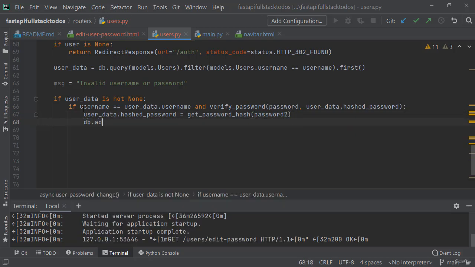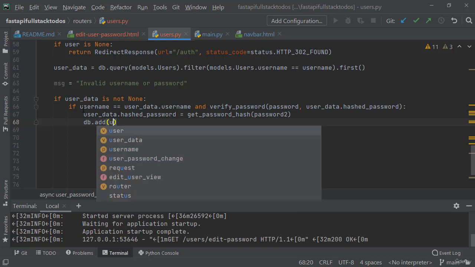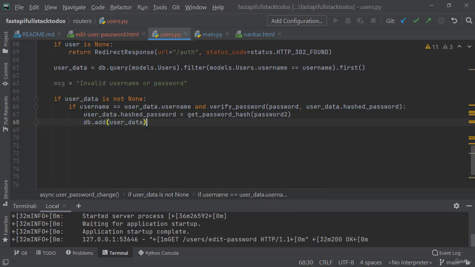We then want to say db.add user data, db.commit, and then we want to override our message with password updated,